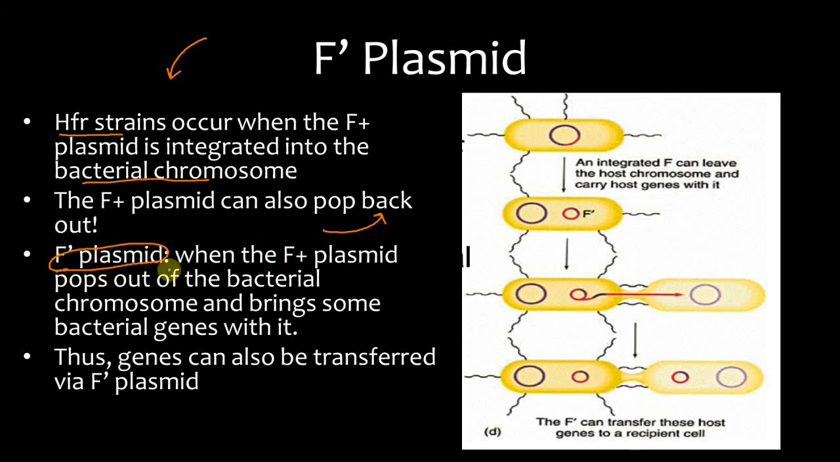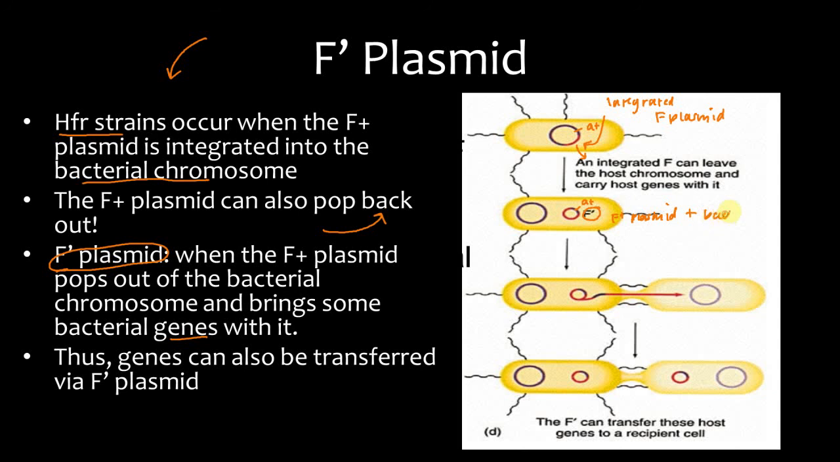So an F prime plasmid is just when an F plus plasmid pops out of the bacterial chromosome and brings some bacterial genes with it. So here we see that an integrated F plasmid, this pink part, can leave the host chromosome and carry host genes with it. So let's say that we have gene A plus here. Well, if this pops out like this, then here's the A plus gene. So the F prime plasmid is the F plus plasmid